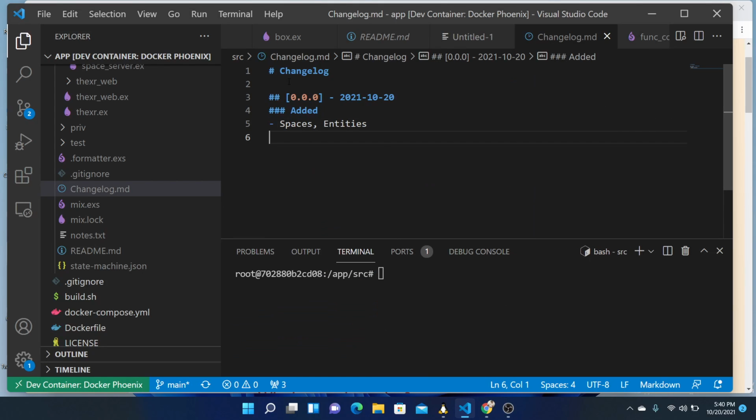In this changelog, I'm going to try to create spaces and entities. So we're going to use the Phoenix generator, Phoenix gen live view. The context will be spaces. The model will be spaces, and it'll have an ID that's automatically generated, and we want a name